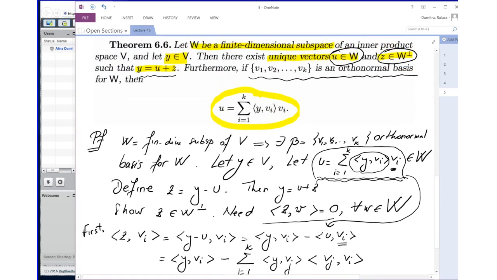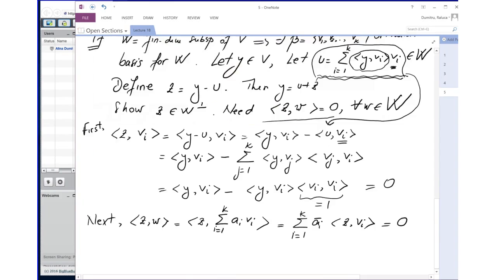Okay, so what have we done so far? We proved that any vector can be written as u plus z, u in W, z in W perp. There is one thing that we haven't proved though. And it's that word there, unique, right? There is no other way to do that. And in general, to prove uniqueness, you just assume that there is another way. So let's just say